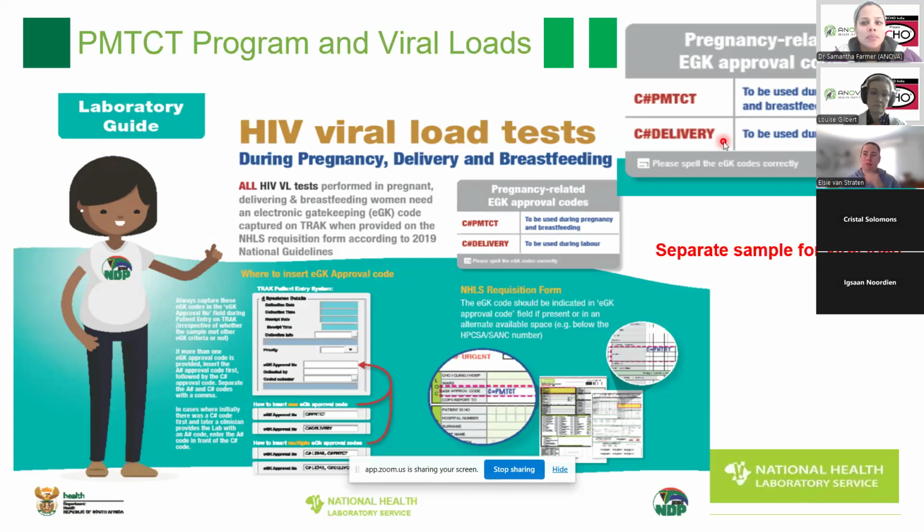I just don't have a form here on this presentation, but at the top, the third line from the top, it does say rejection code, and you put the C# PMTCT in there, and you put in C# delivery as well. I don't want to labor this point, but